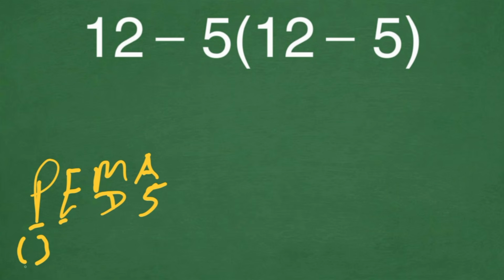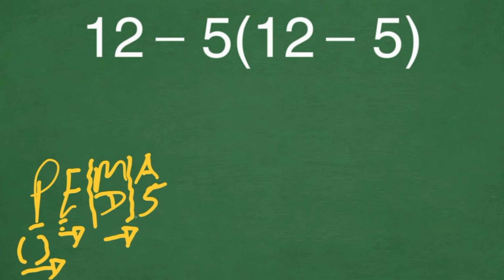And after we solve all the parentheses, only then are we allowed to move to exponent. And then similarly with exponent, after we solve all the exponents, we are allowed to move to multiplication and division. Then after we solve all the parentheses, then the exponents, then the multiplication, finally we are allowed to move and